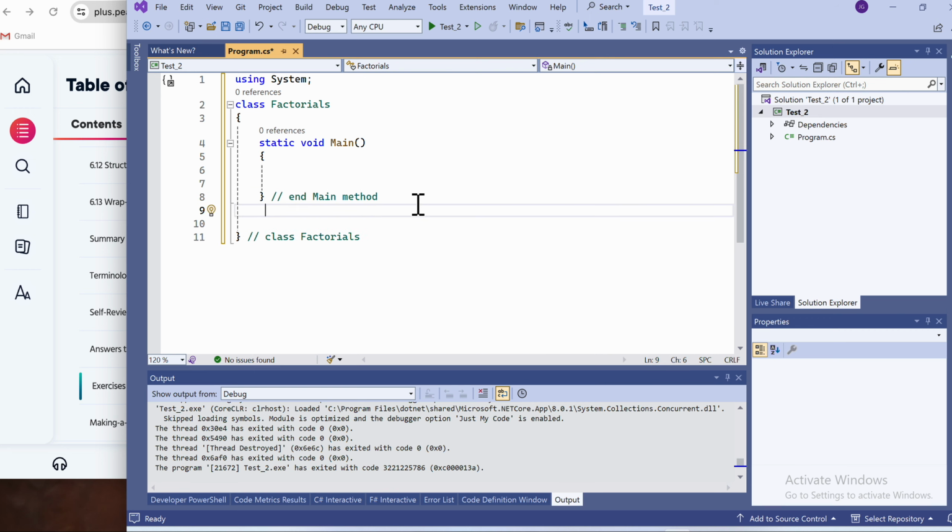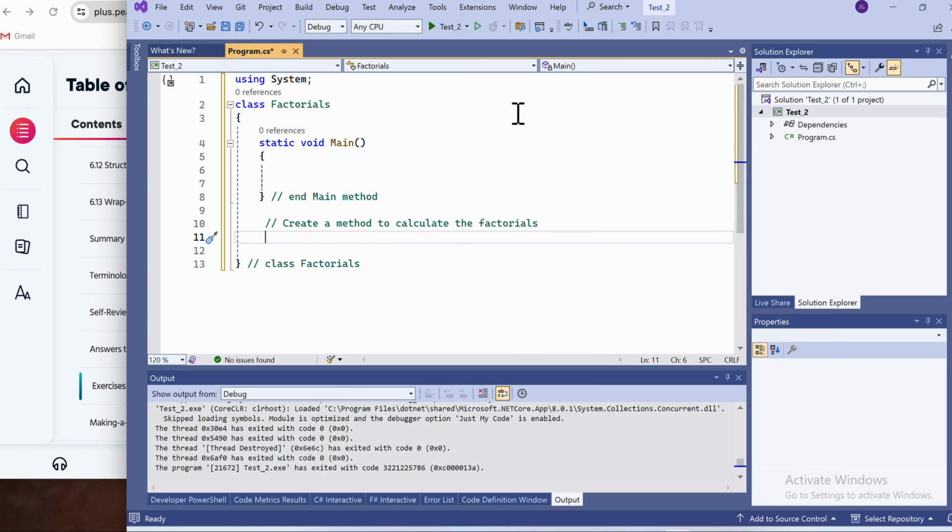We're going to create a new method, and this method is going to calculate the factorials. Okay, so let's go ahead and do that part first so we know how to calculate